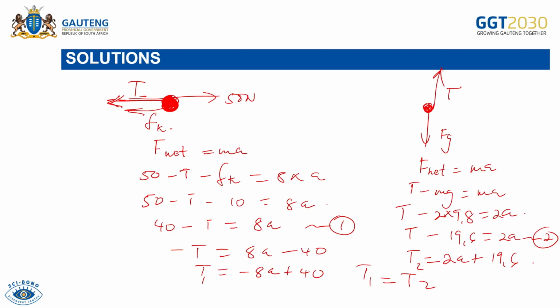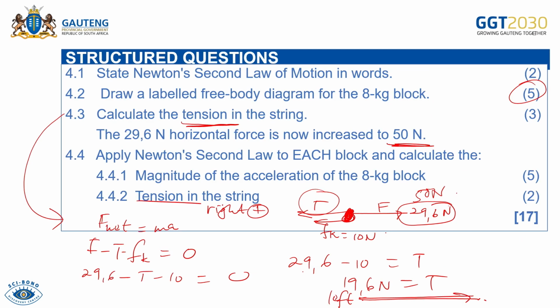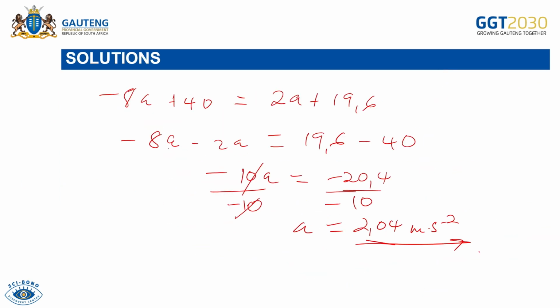They are also looking for tension here. You can see, right? So they're also looking for the tension now that the object is accelerating. That tension that we calculated in 4.3 was the tension when the object was moving at a constant velocity. Now we have a new tension because the object is accelerating. So what will be the tension? It's simple. Take one of the equations. Remember we said T is equal to